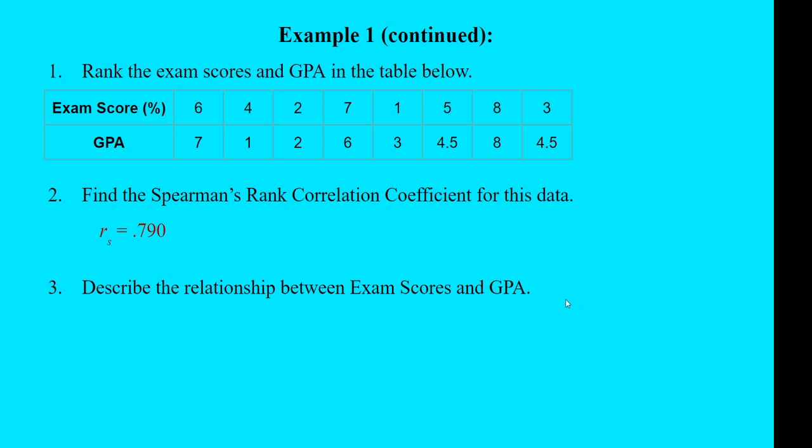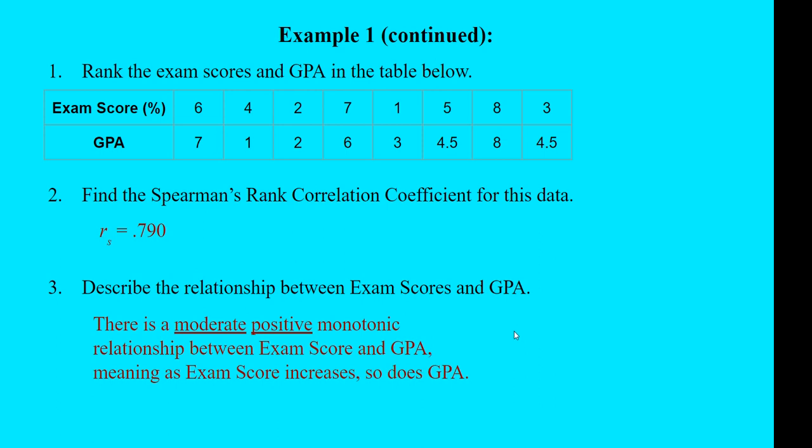Finally, we want to describe the relationship between our 2 variables, exam scores and the GPA. Since our R sub S value is positive, we know there is a positive relationship or correlation existing between these two variables. And then, we're not quite at 0.85. Some people might consider this to be strong data, so it would be positive strong correlation. Others might consider it more to be moderate. It's certainly on that border. IB, when they're grading their IB exams, understands that the scales can vary, and so they would accept either one of those interpretations. But I'm going to interpret this as a moderate positive monotonic relationship between exam score and GPA,